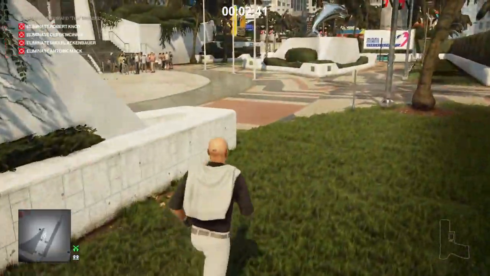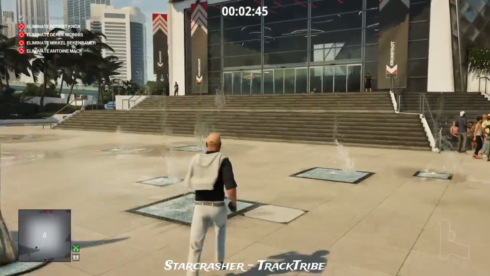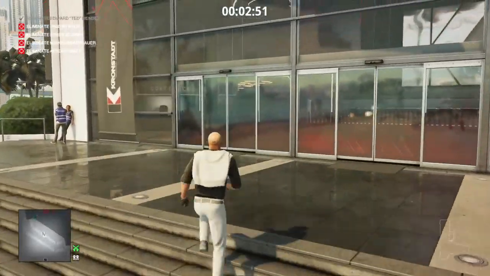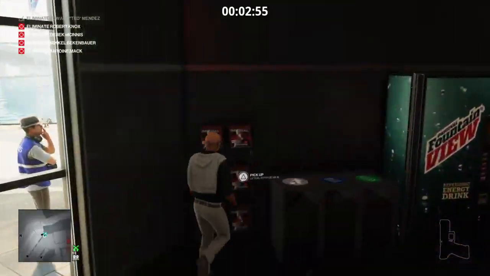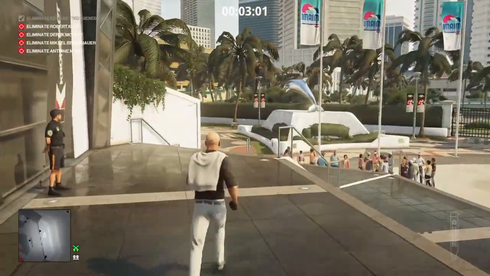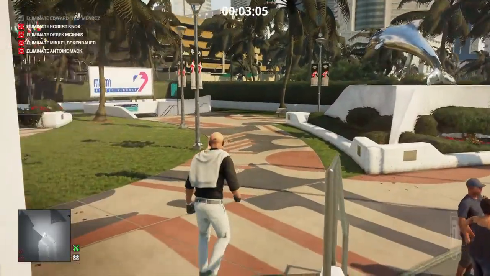So the remaining 4 of our targets are all located in the Kronstadt Center. So we're going to head straight there now, and we're going to go into the front entrance by the reception, and we are going to retrieve our lethal syringe. And once we have that, we can now go in through the more usable entrance, which will be at the